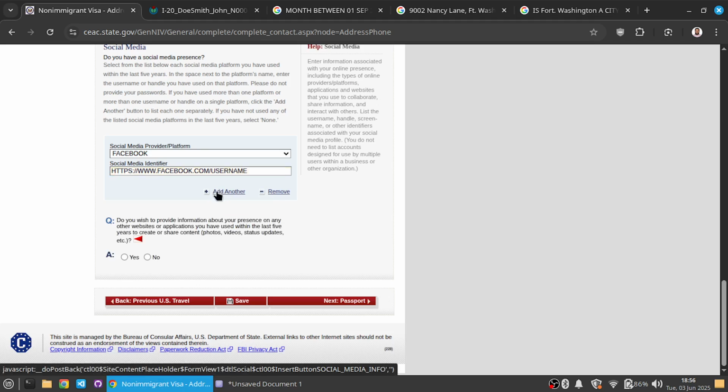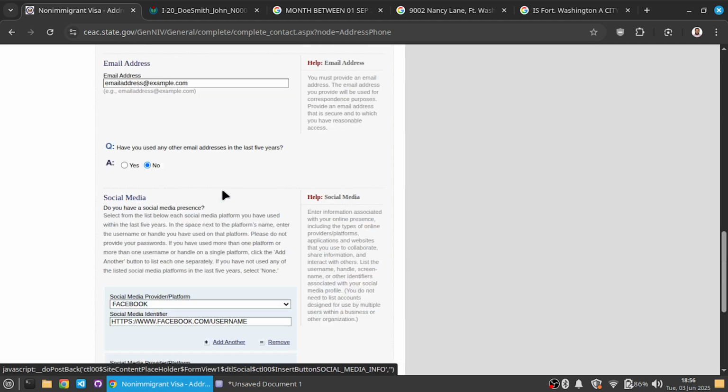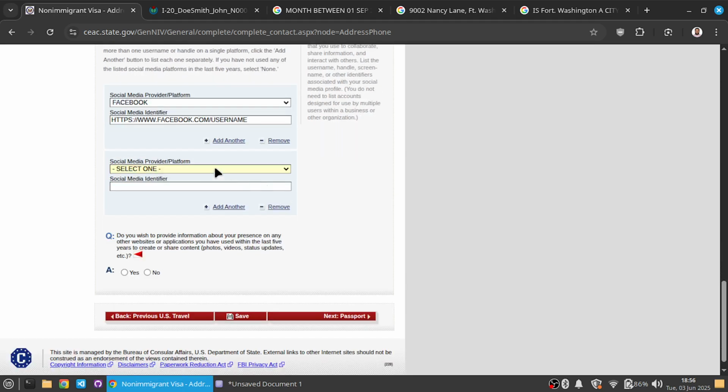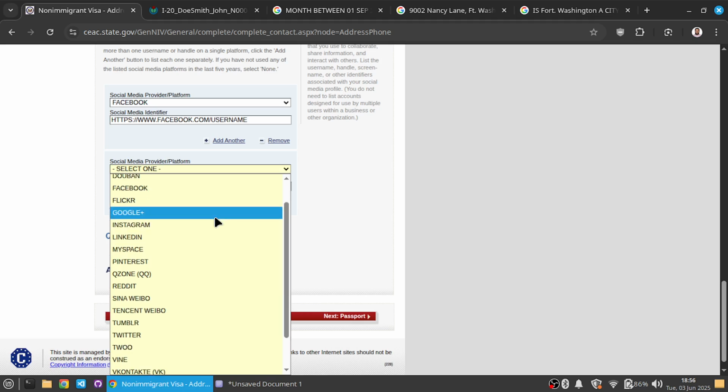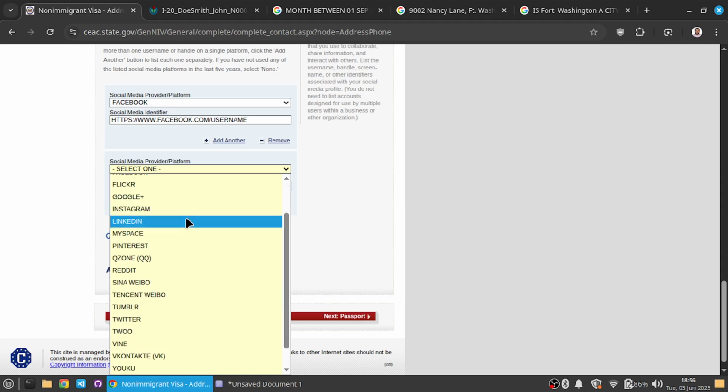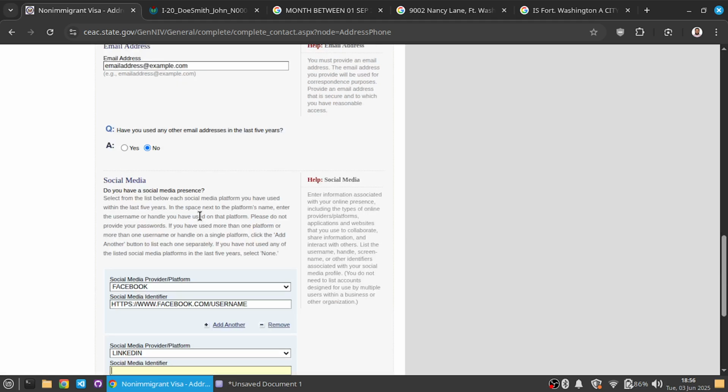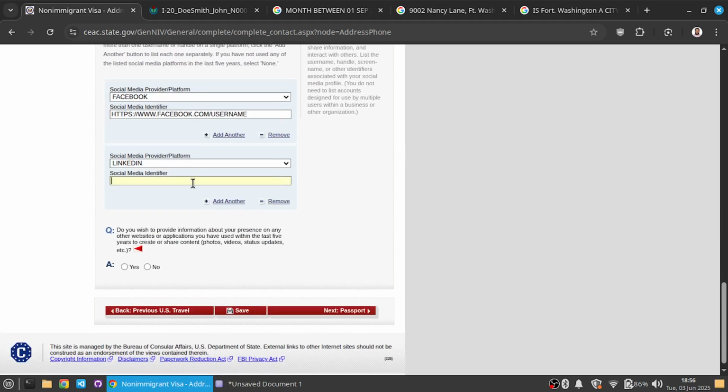No, it's not just for Facebook. You can add another social media. It could be Flickr, Google Plus. Google Plus doesn't exist, but they haven't updated their portal yet. Okay, anyway, Instagram, LinkedIn. So for DS-160, I would suggest you give all the social media information, but